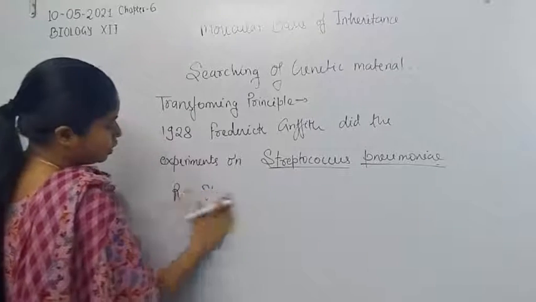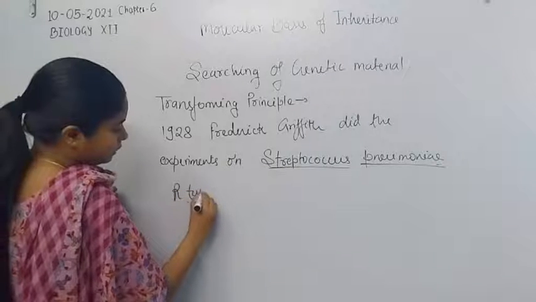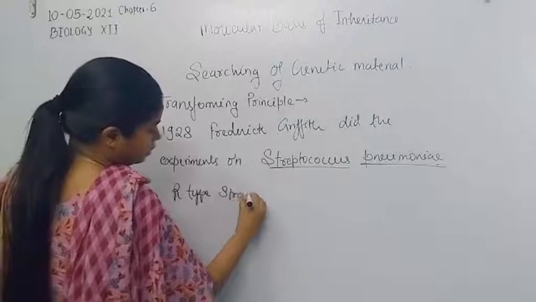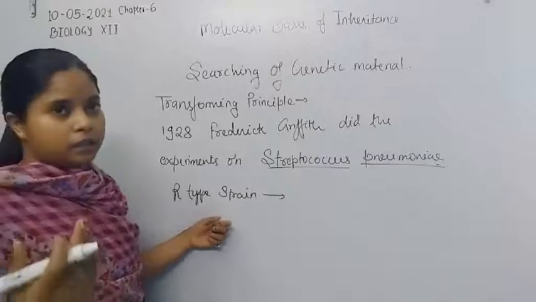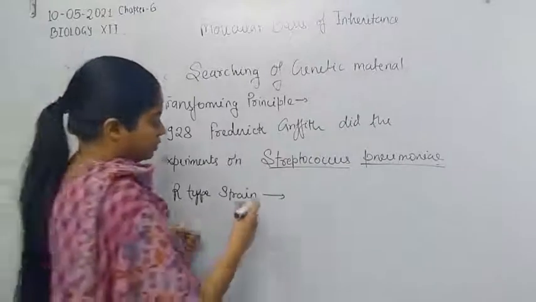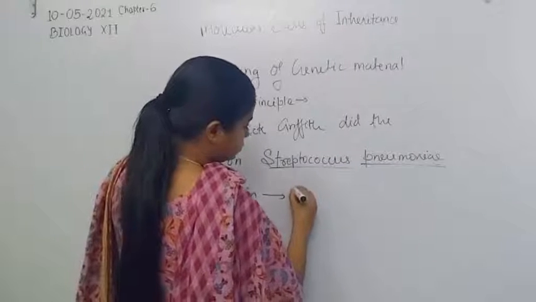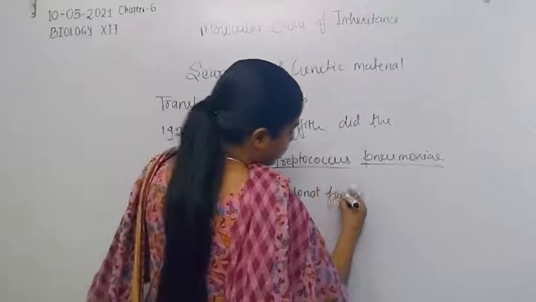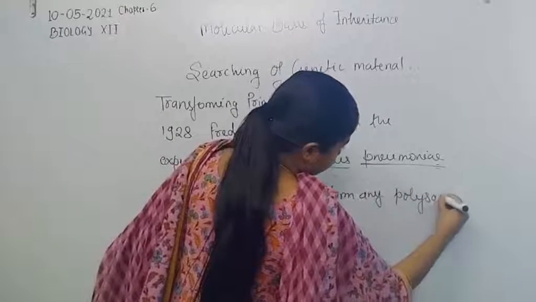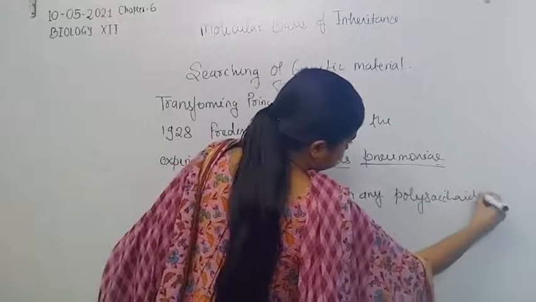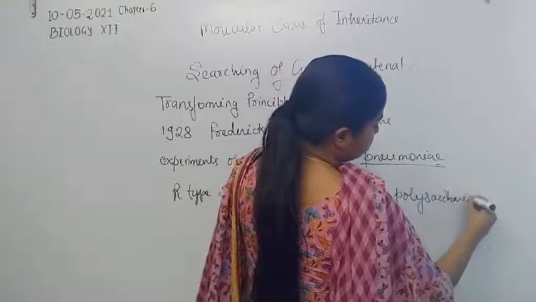In the R type strain, these bacteria do not form any polysaccharide coat